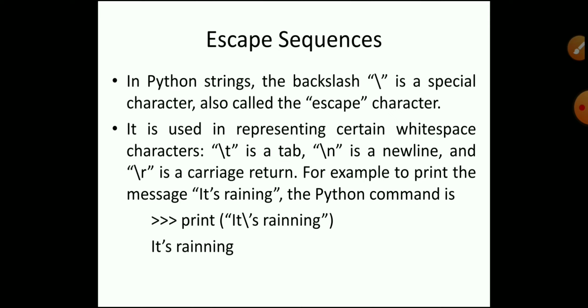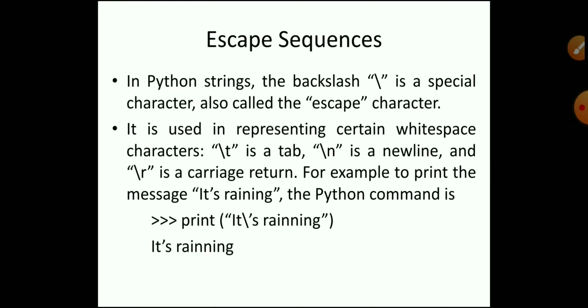These are all backslash symbols that we have to use in a Python program, and in a C++ program also we use this backslash symbol. How we use the backslash symbol in Python, you have to see in the example below. The triple greater than, print, the string I gave, it, backslash single quote, yes,